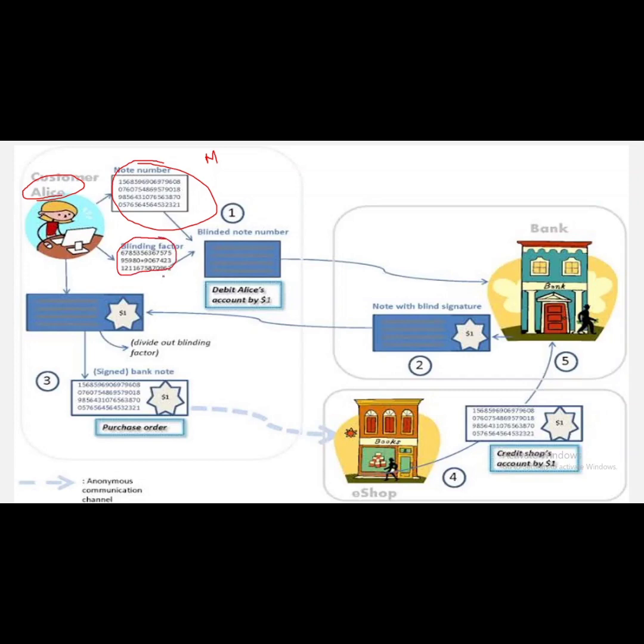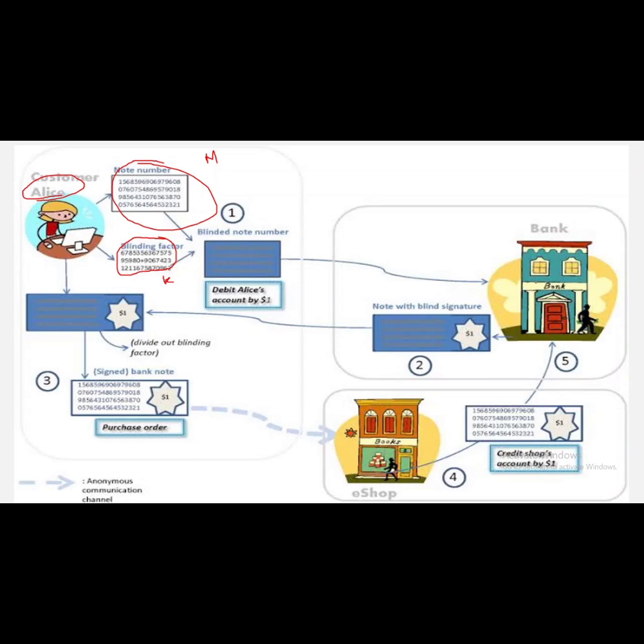This is K, and now we get a blinded note number. This is M dash, that is MK mod N. The message involved is debit Alice's account by $1. Now she sends it to the bank, and the bank manager has to sign this note. So he doesn't know what he's receiving, and he just blindly signs the note, and it is sent out